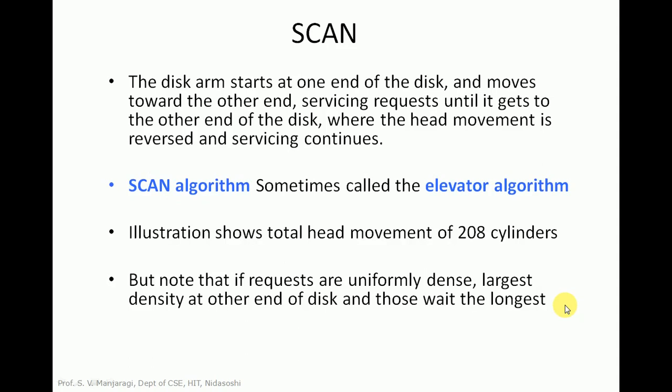The next algorithm is scan. In the scan algorithm, the disk arm starts at one end of the disk. Say for example, you take the left hand side end. Assume that the disk arm starts at the left hand side of the disk and it moves towards the other end, that is the right hand side, serving the requests until it goes to the other end of the disk, where the head movement is